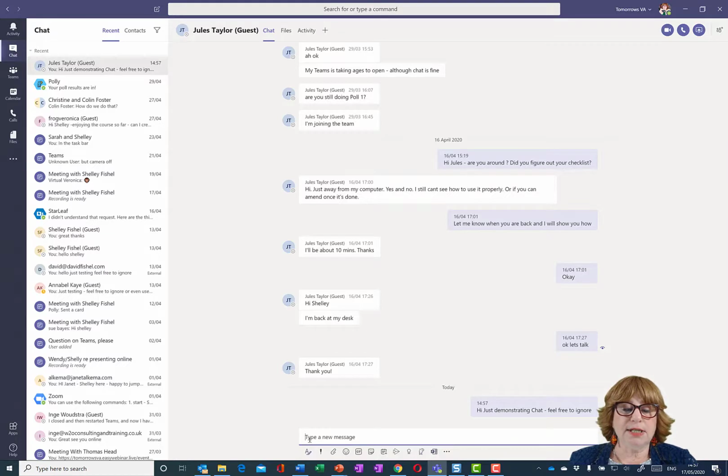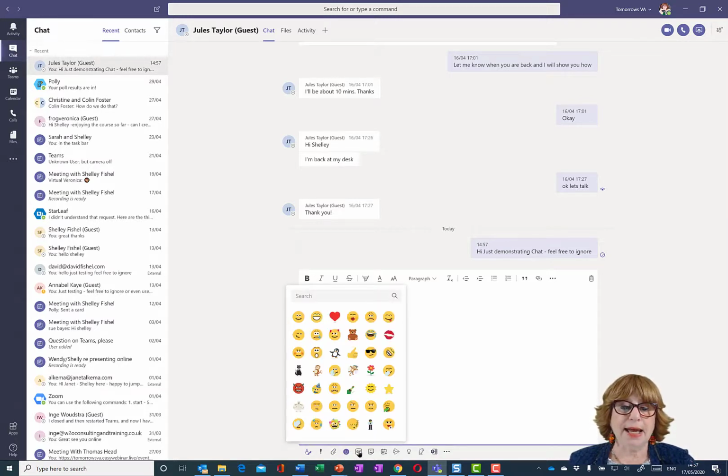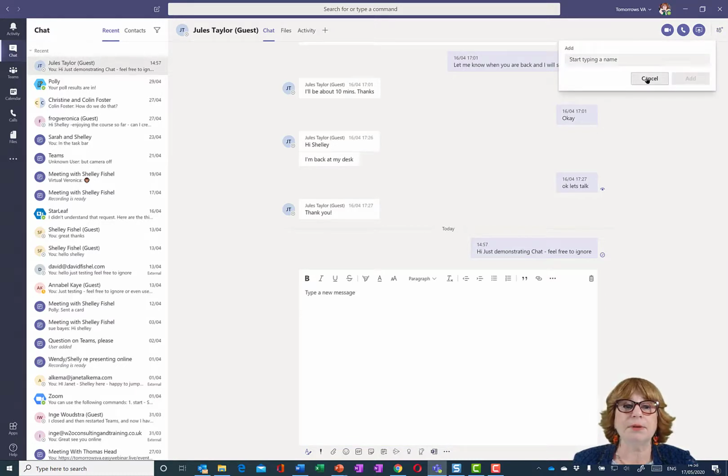Now underneath here, you'll see in the chat, that's where I would type the chat. Click the A and it pops up a lot more space so I can write a much longer message. And I've got all sorts of formatting options here too. Other things, I can mark it as important. I can add an attachment to it. I can use smileys. I can use GIFs. I can use stickers, all sorts of other things. And I can give praise. I can do polls. I can do all sorts of things here in my chat. So that's a one-to-one chat, but of course I could also add somebody else to that chat by clicking the two people here, and then that would allow me to add a second person to the chat.